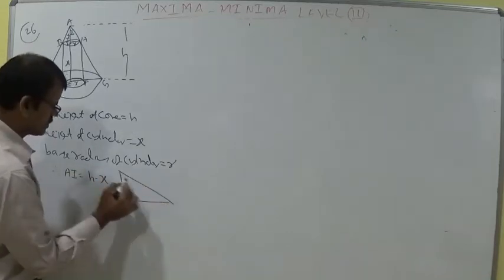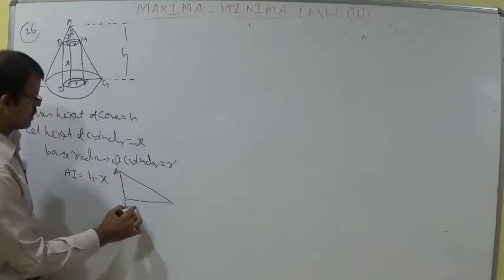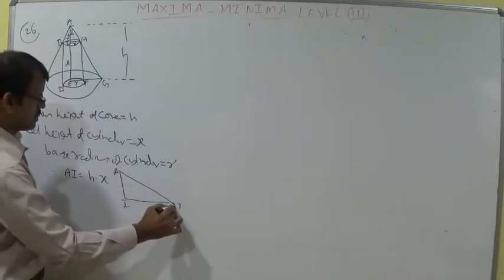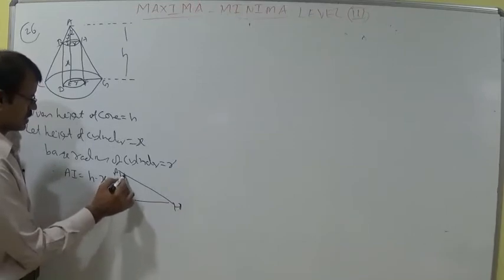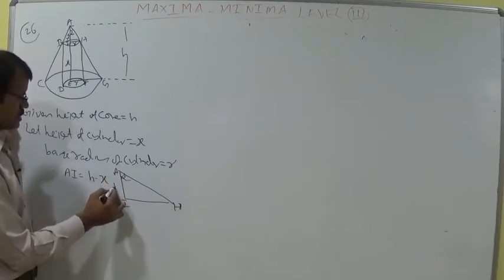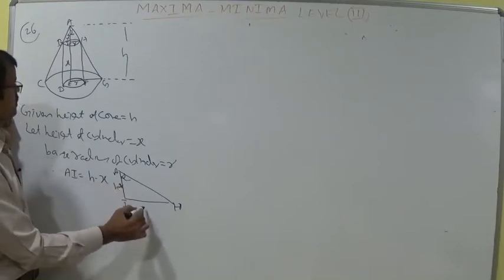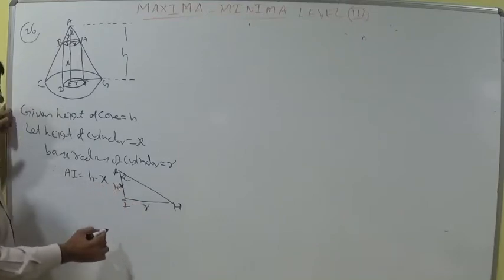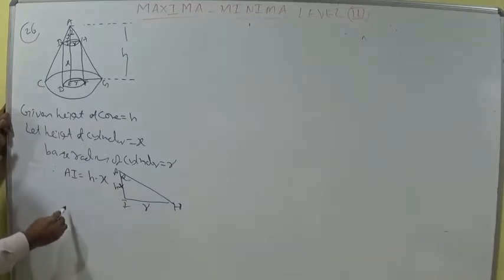Now you can write here in the triangle, tan alpha equals opposite by adjacent, r by h minus x. So you can write here r is equal to